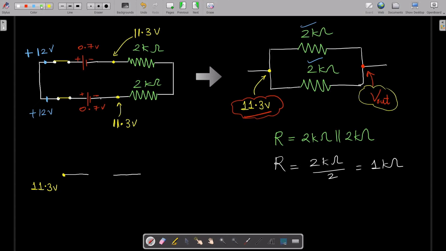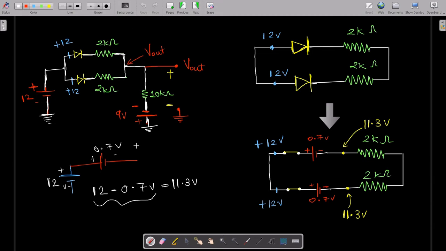Then this is your one resistor. Rather than connecting two resistors, we directly connected one resistor because we saw that these two resistors are in parallel. So we took the value of resistor R as what? 1 kilo ohm. If you want to apply the parallel formula you can, but I think it is not required because I taught all of this in my earlier course. And this is your V out. So this is how the circuit looks now.